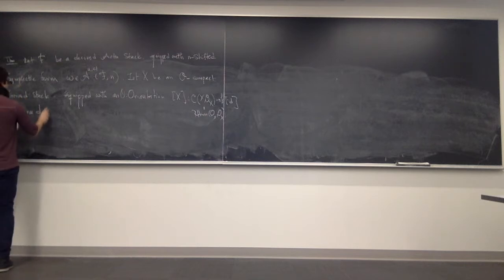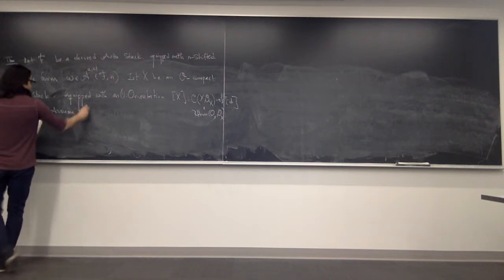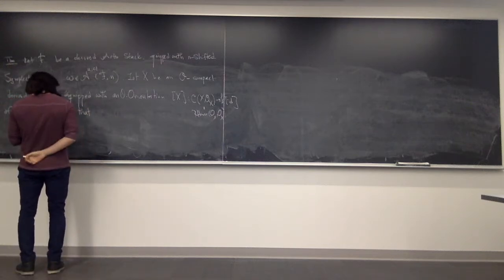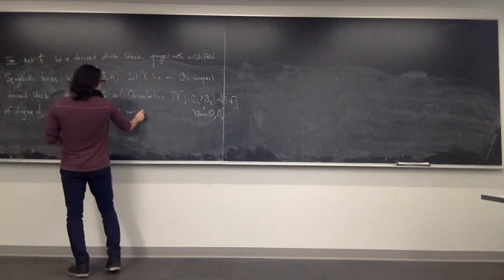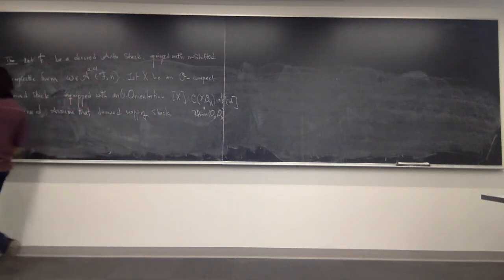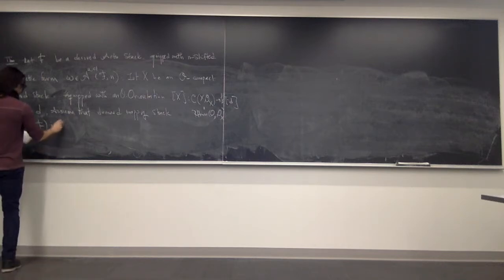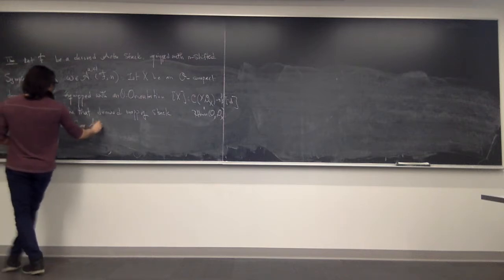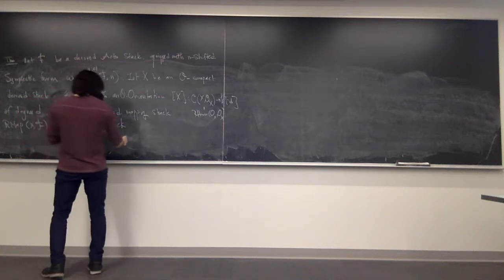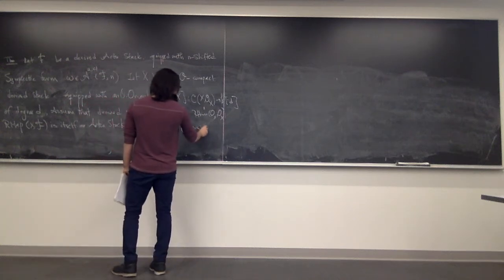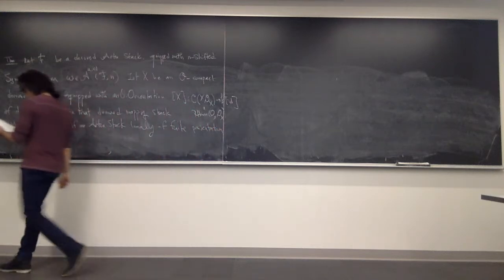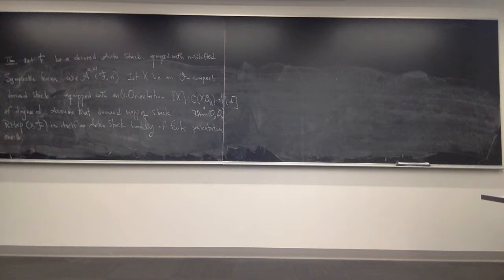Then assume that the derived mapping stack, all maps from X, which is a derived stack F, is itself an Artin stack locally of finite presentation, then over this underlying field K,